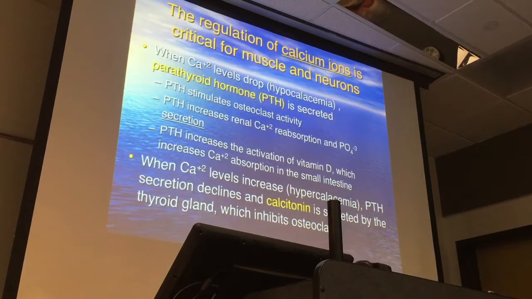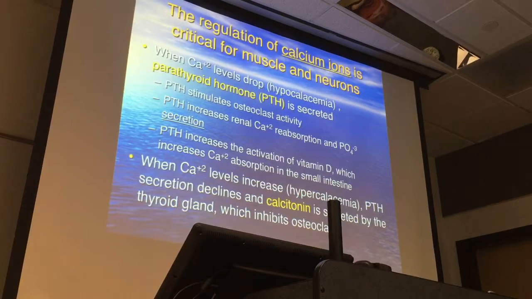So that's a problem. You need to make sure calcium levels in a female stay high, so they will stimulate these osteoblasts. They pull it out, and then you don't have enough estrogen to cause the osteoblast to put it back in when it gets back up to normal. Okay, whenever calcium levels increase, and this is rare in an adult,